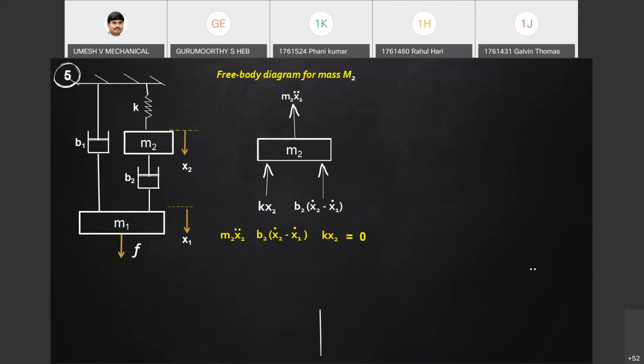Then there is the inertia force because of mass M2, always opposite to the displacement. So with these three forces shown with M2, we can easily write